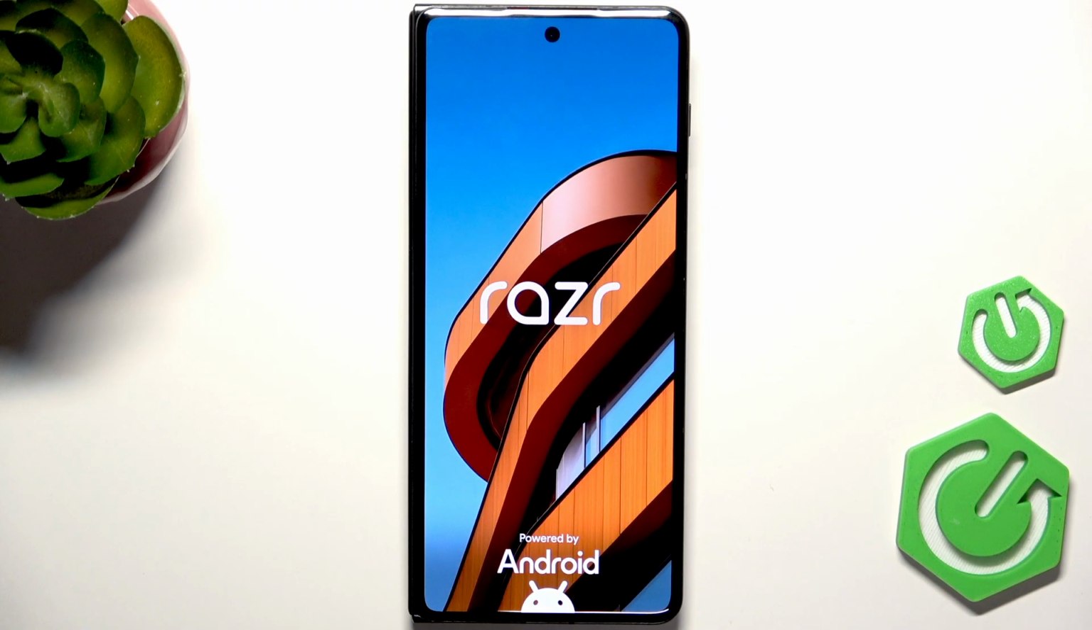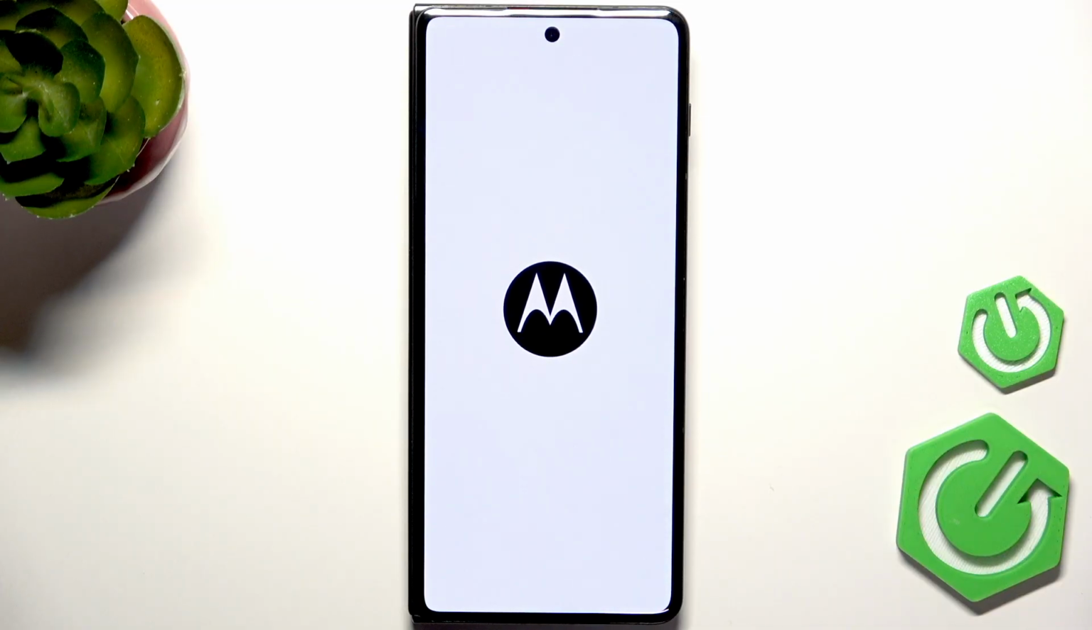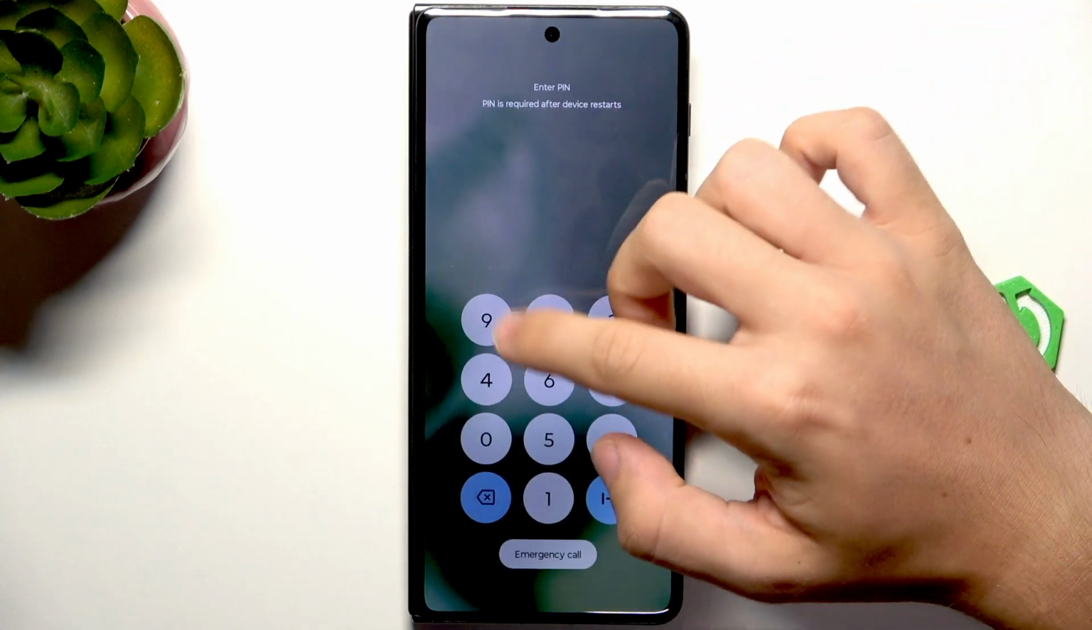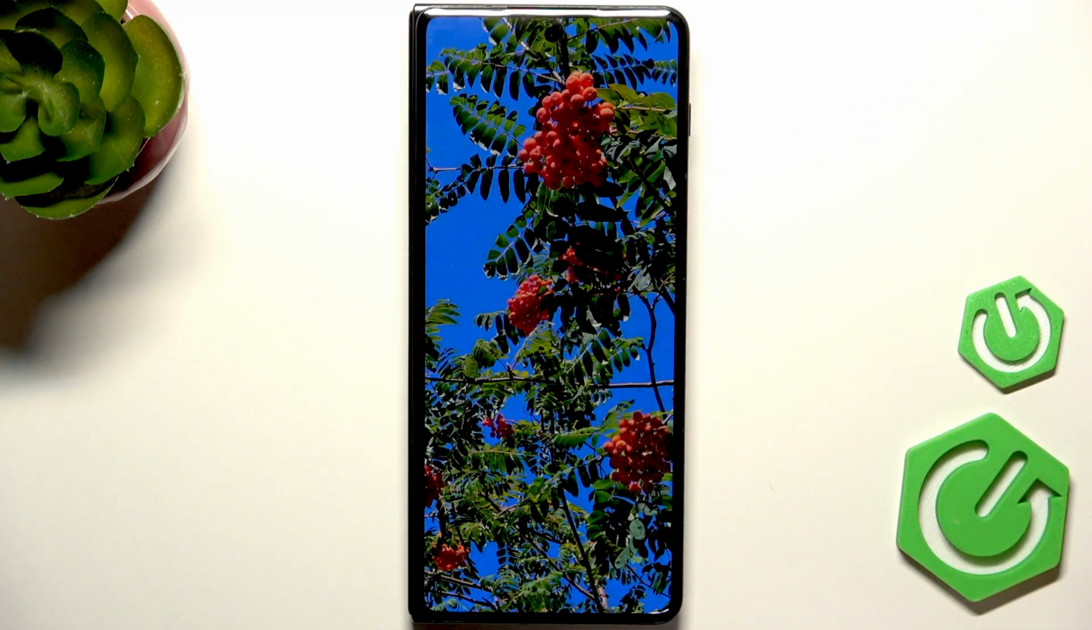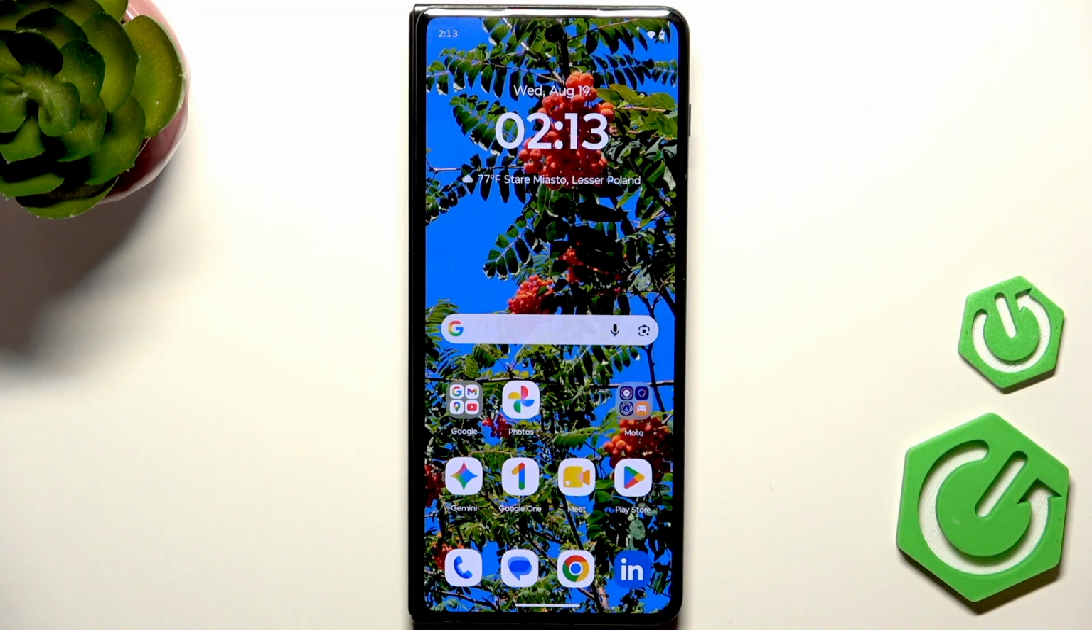If it didn't help, then remember that not all of the apps will work in the full screen mode. Some of the apps are just fixed to a certain resolution, and in that case there's not really much you can do about it. Well,